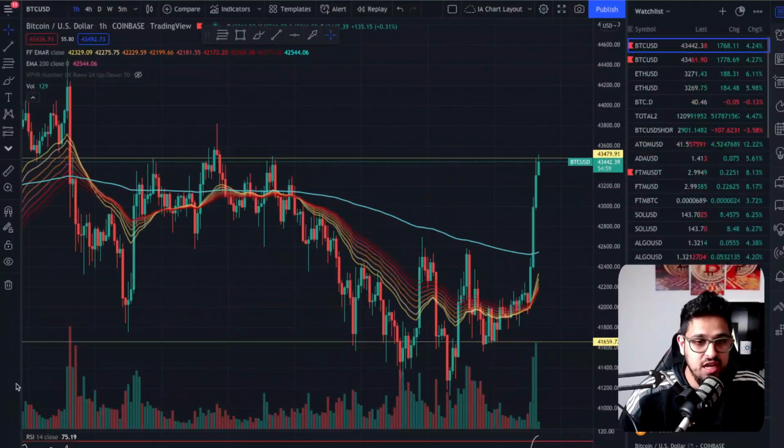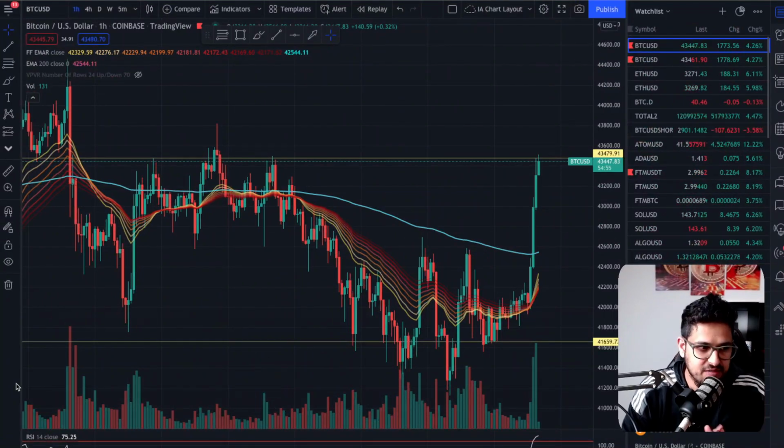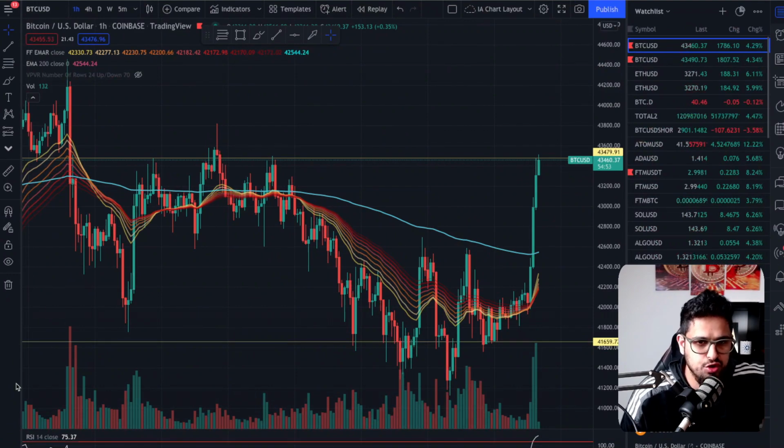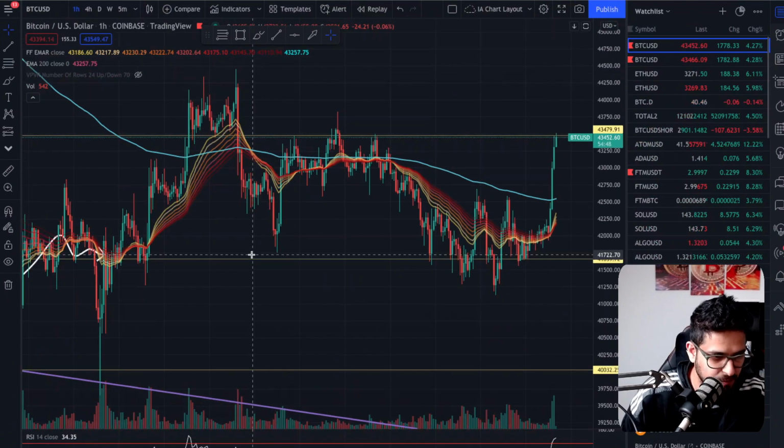We're going to take a look at an interesting pattern I've seen in the Fantom chart, because you remember I shared with you yesterday that we're forming this ascending triangle. I've got an update on that for you guys shortly, so make sure you stay tuned. We need to start off covering Bitcoin because, as always, like I said, guys, we've created this floor, and you